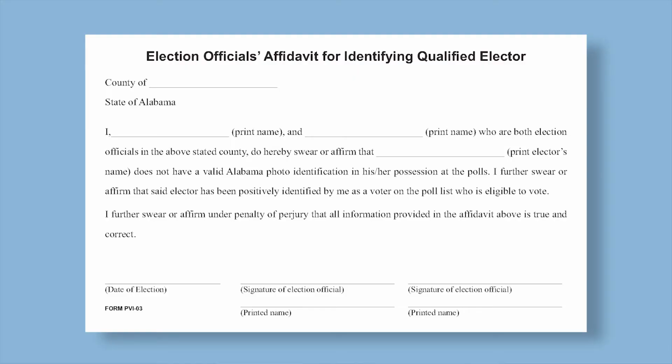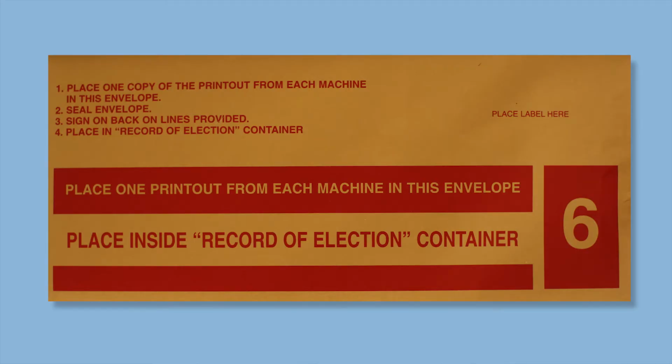I mentioned earlier that a voter is required to have a photo ID. There is one exception to that rule. If a voter fails to have photo ID and 2 polling officials can positively ID that person, there is an election official's affidavit for identifying qualified elector. Once 2 poll workers sign that, print their name and date it, and they print the name of the voter they're identifying, place that document in the record elections box in envelope 6, and let the voter vote without a